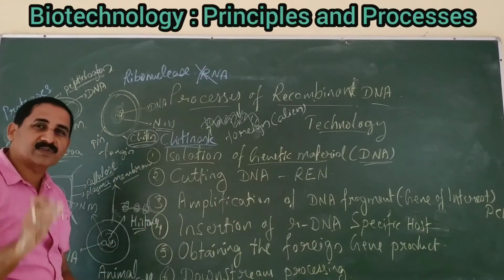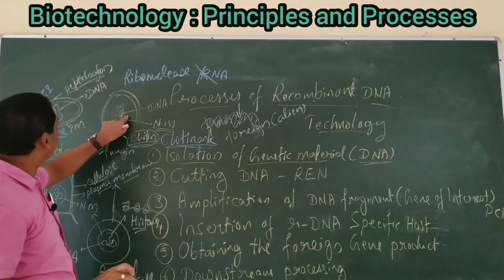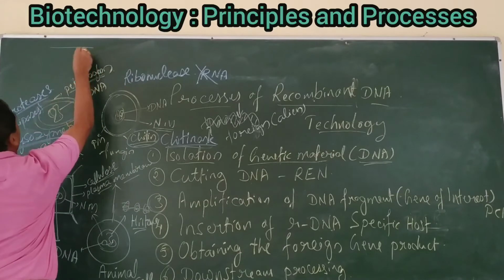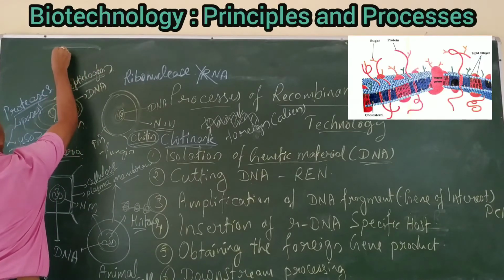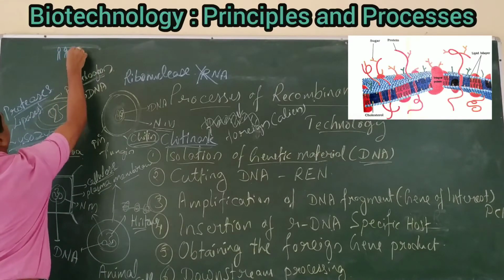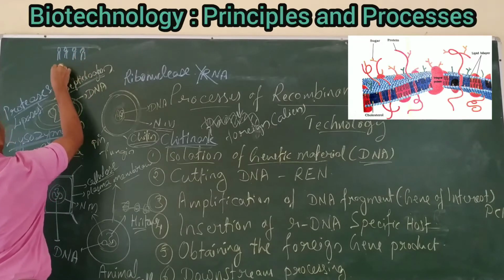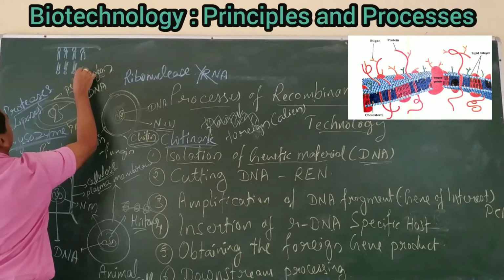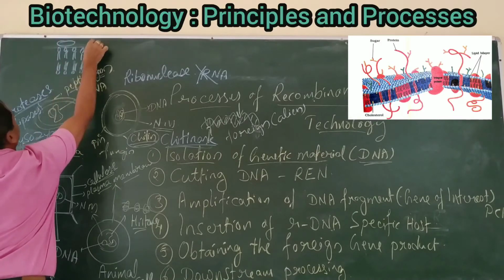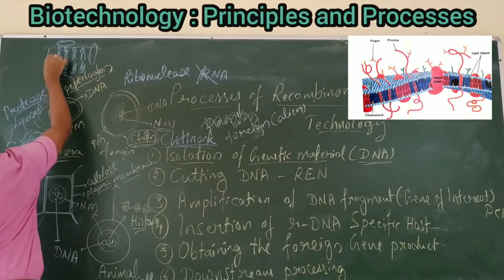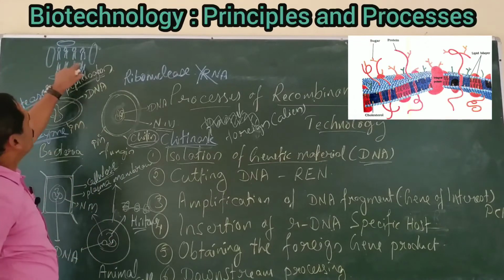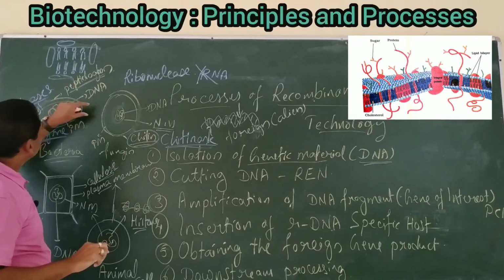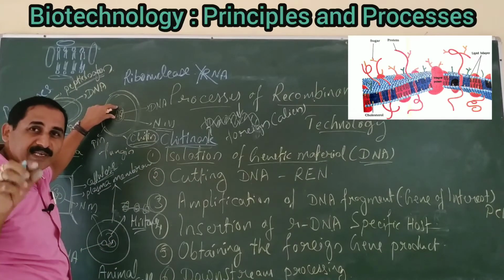The nuclear membrane also has the same components, phospholipid and protein, the same structure as you have studied in the fluid mosaic model of plasma membrane in the previous year. The fluid mosaic model consists of a bilayer of lipid and globular proteins. The globular proteins are differentially arranged in different parts of the plasma membrane. We can see the phospholipid and protein. That is the structure present in the plasma membrane as well as the nuclear membrane.